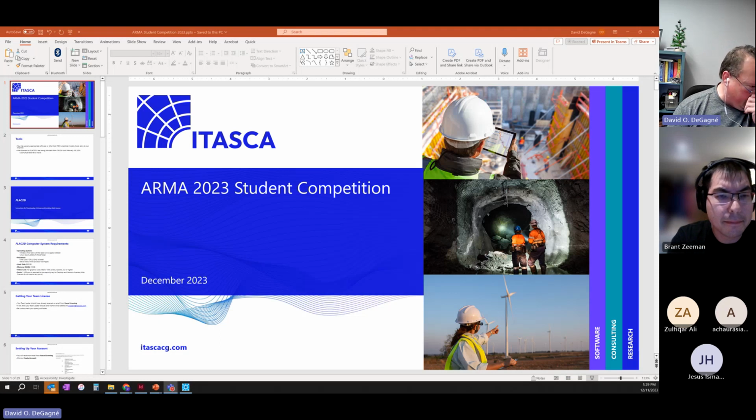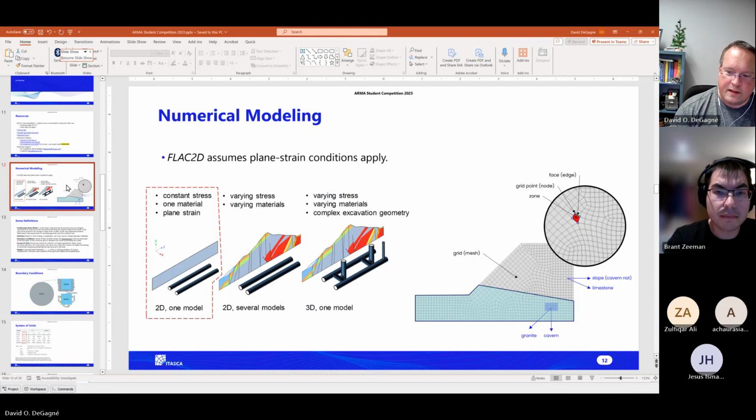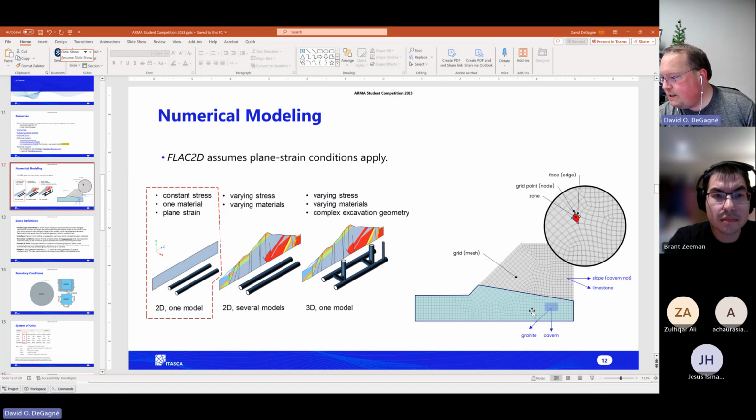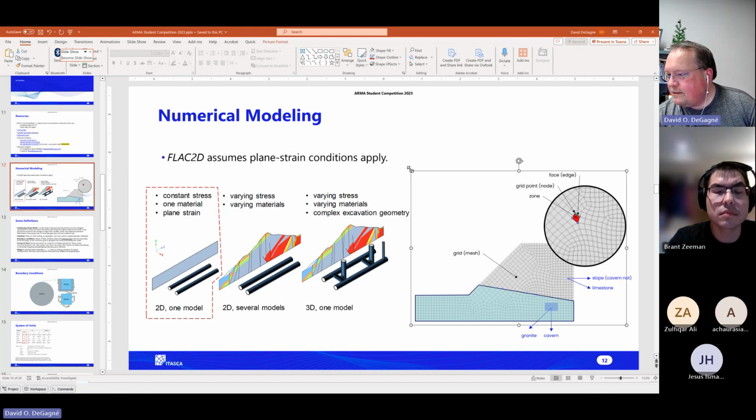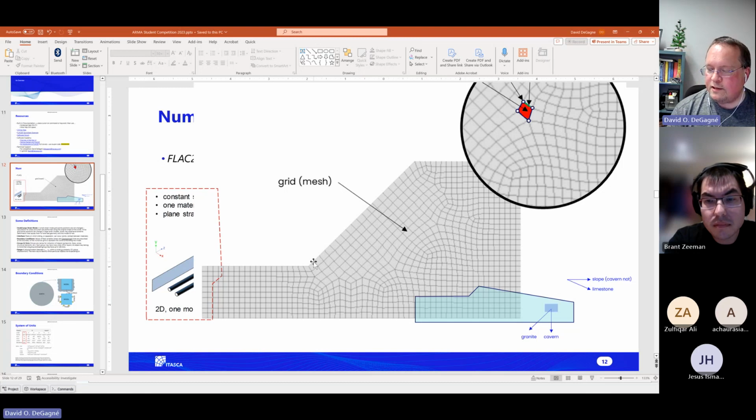So the nice thing about FLAC 2D is the meshing is automatic. It's relatively easy to model a mesh in 3D, or sorry, 2D. So if we were to look at this diagram, I'm trying to see if there's an example here. We aim to have four-sided meshes in our software. It works best that way. I don't actually see one here, but usually what the sketch tool will do is